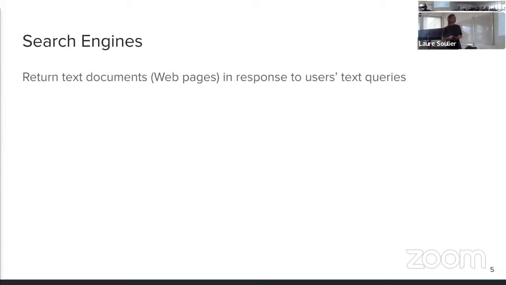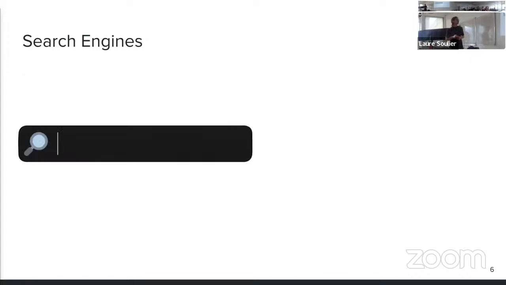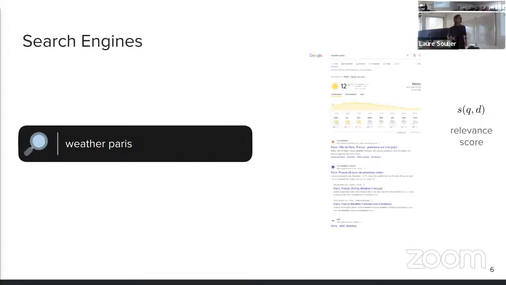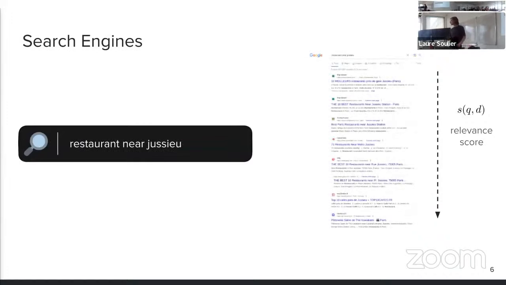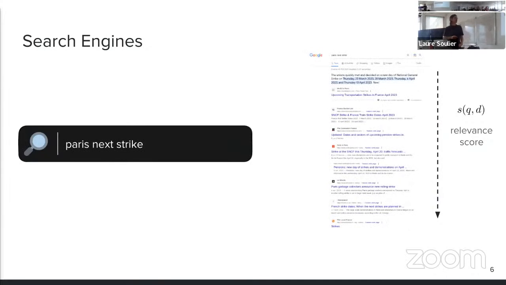With such a system, we usually formulate text queries in the search bar, and we expect in return relevant documents that are ordered by their estimated relevance to the query. For instance, we might look for the weather in Paris, or find a restaurant near the university, or, if you have a train to catch, check the date for the next strike.